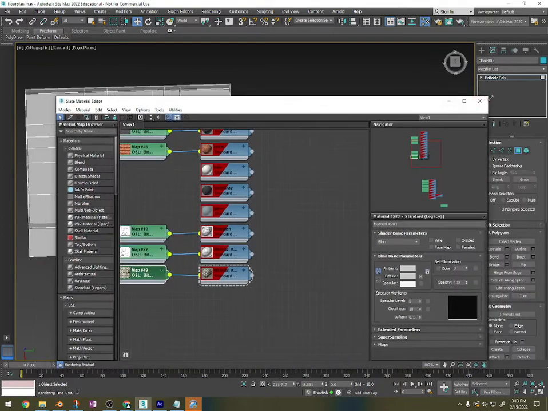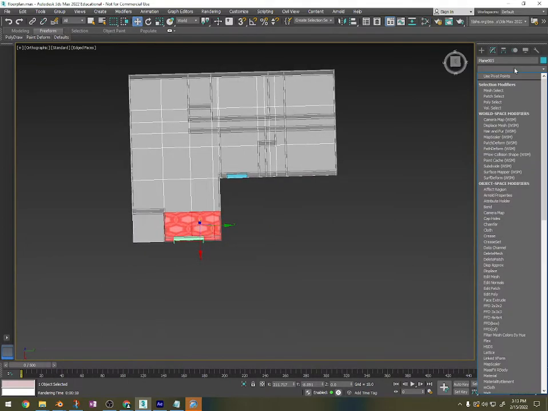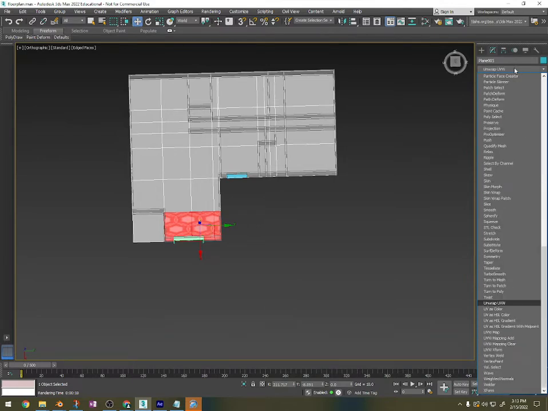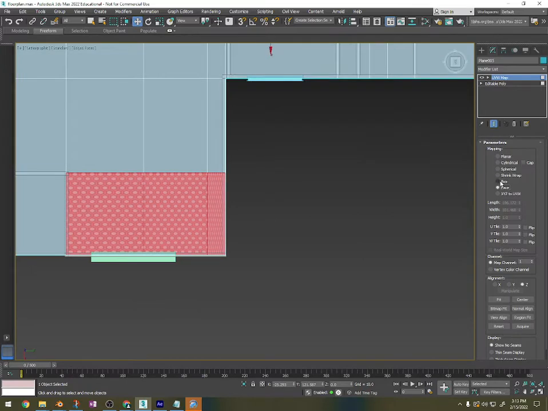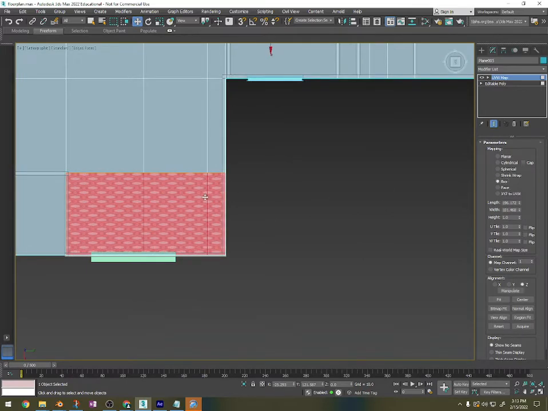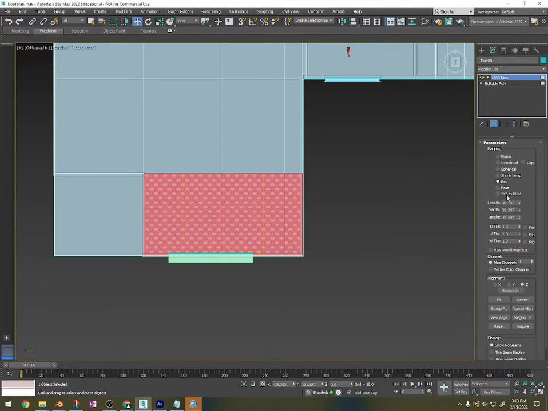When you add a material, you want to fix it right away while you have the polygon selected. So we're going to hit the modifier list, press U, and we're just going to do it the same way, UVW map. It's the easiest way to do this. And I'm going to click face. And we might have to go, it looks like box works, planar. Box works the best. So we're going to do box, and then